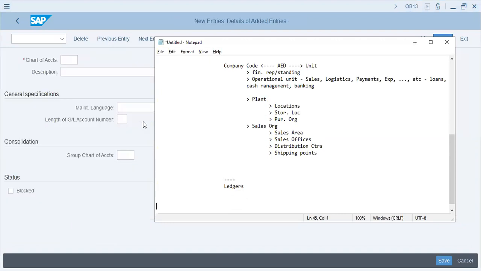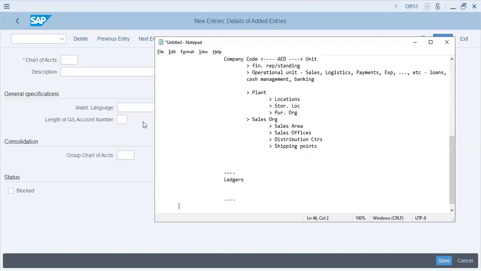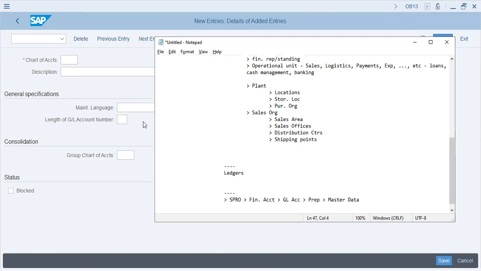So what we are doing right here is SPRO, financial accounting, and GL accounting, then preparation, master data,